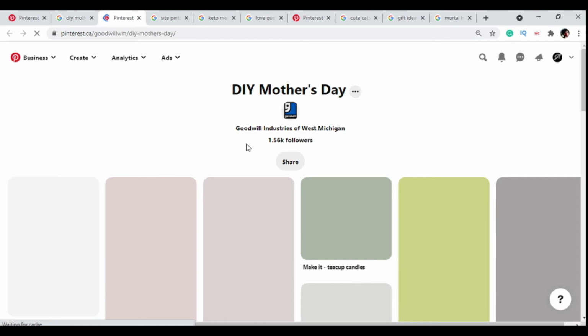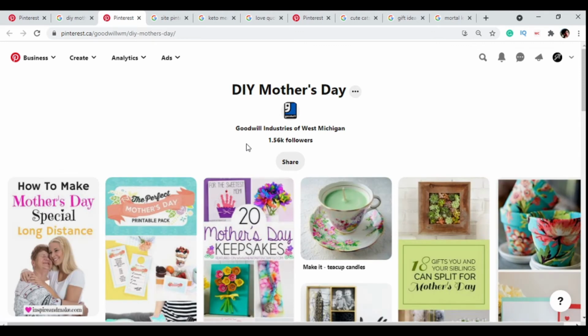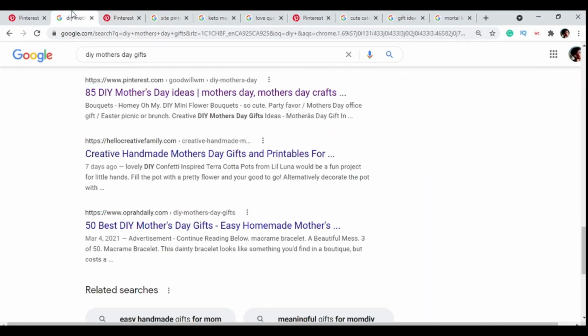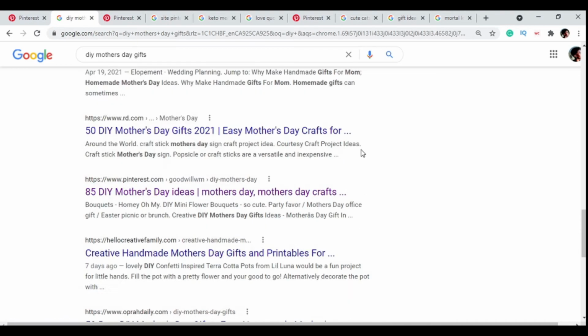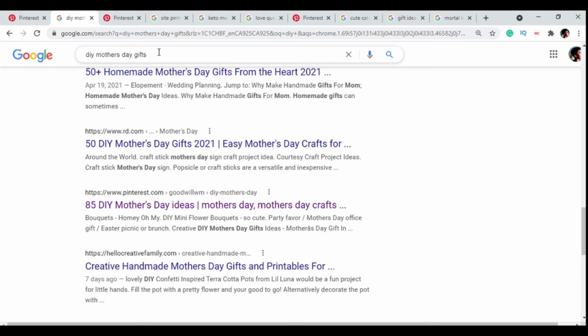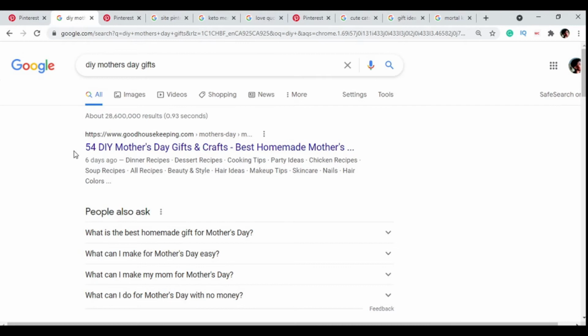So this is a general board with lots of followers. That's why it's ranking on Google. That's another factor that helps your boards rank on Google. The number of followers is sort of like the domain authority on Google. If the number of followers on the board is higher, it will rank higher if the keywords are properly optimized. So we need to go ahead and create that board that targets that keyword,